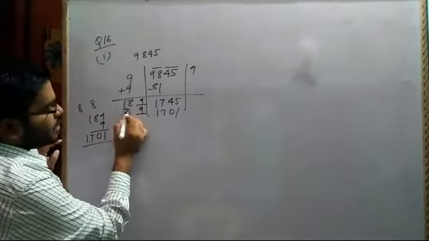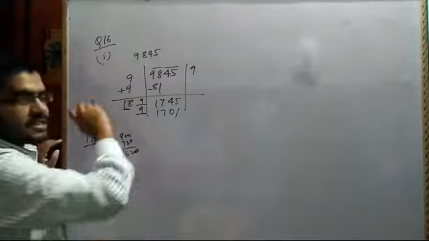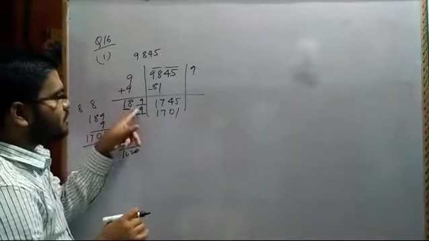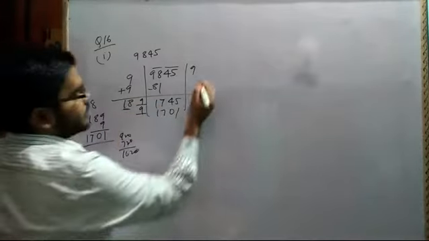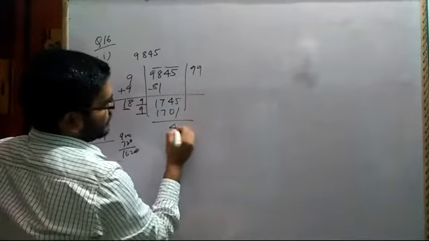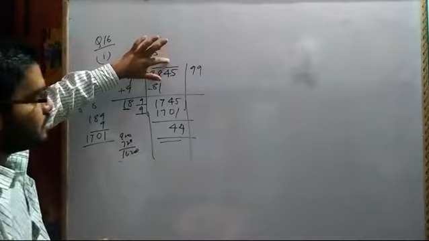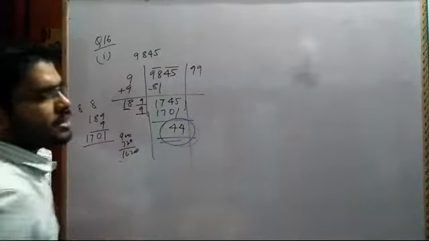So you have to be very smart. One's place is 1 into 9, 900. If I put 8, it will be 800 plus 640 and so on like that. So instead of that, you have to apply your brain: which number should satisfy so that I become near to this number. So 9, 99, it is 100 and now 44. What number should be subtracted from this? The remaining we are getting extra. This number is extra and all our number is finished.